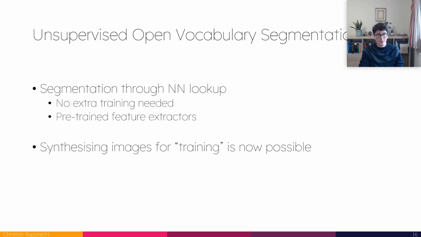And I think another takeaway from this work is that with the quality of generative models that we have now, we can actually synthesize images that are good enough to allow us to get useful information from them. I put "training" in quotes again because in this work we don't train, but there's lots of related work out there that also generate synthetic training data sets from these generative models and use them for training.